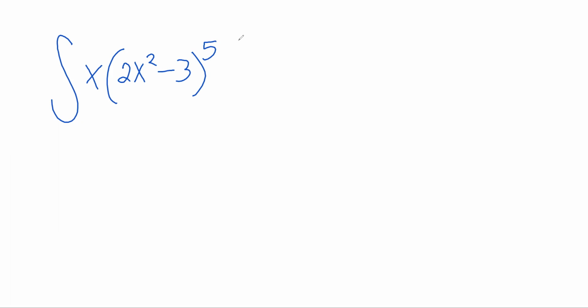Now, these are pretty difficult because in this particular situation, you're not going to be able to multiply. You don't want to take the fifth power of 2x squared minus 3. And no, you don't just take both to the fifth power. It's pretty complicated. What you're going to have to look for is a situation where you have a function